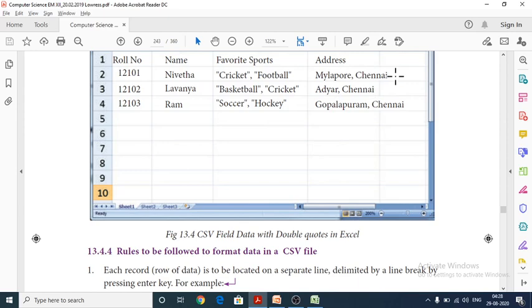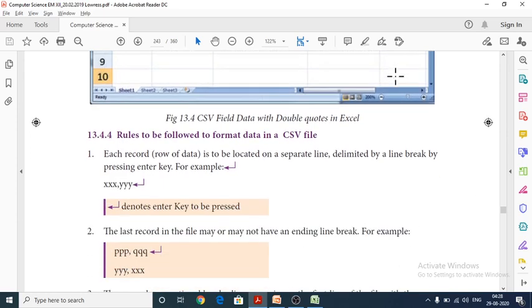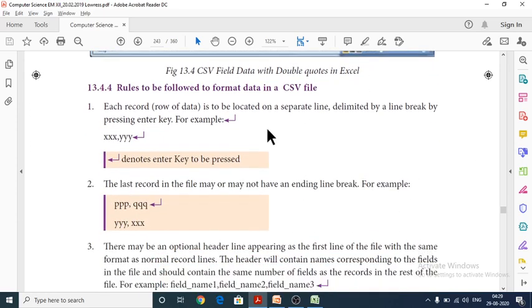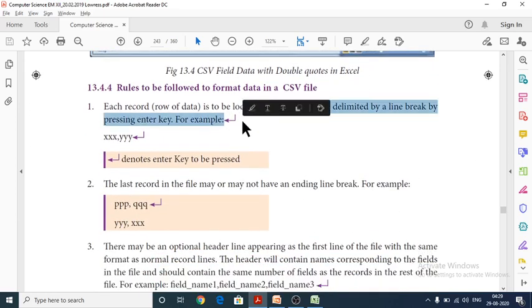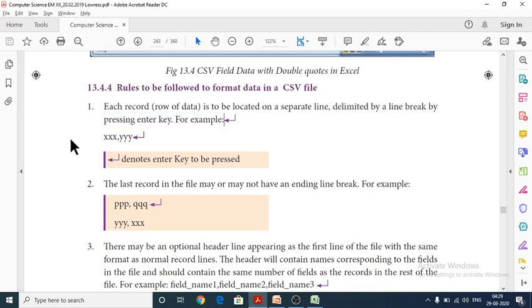Line break is nothing but each and every record being typed as an individual line. After entering the first record, if you want to create the second record, you have to press a line break. That is, line break is nothing but pressing the enter key.